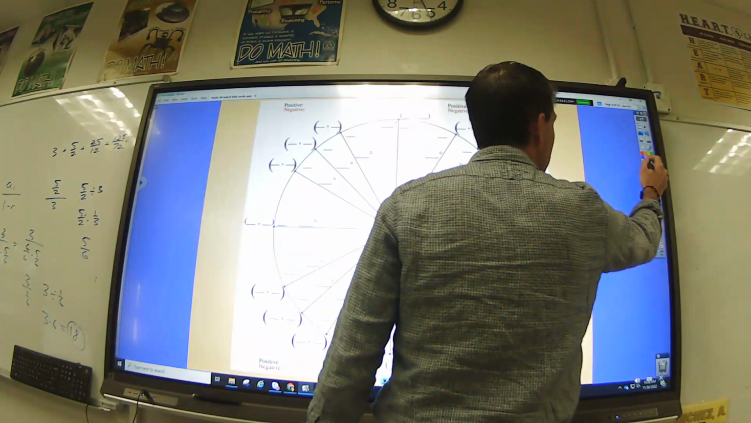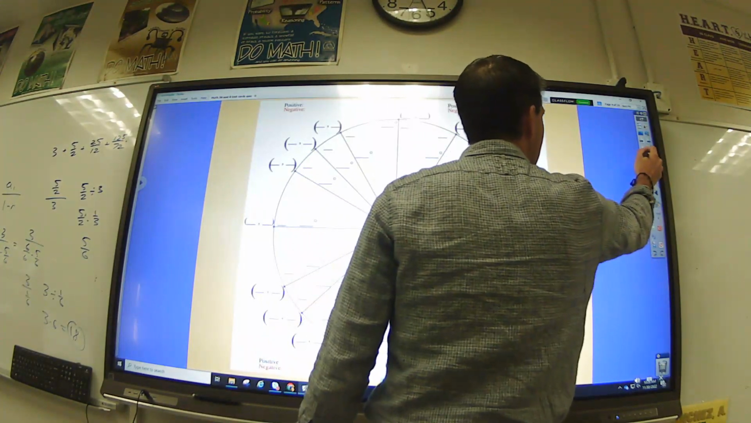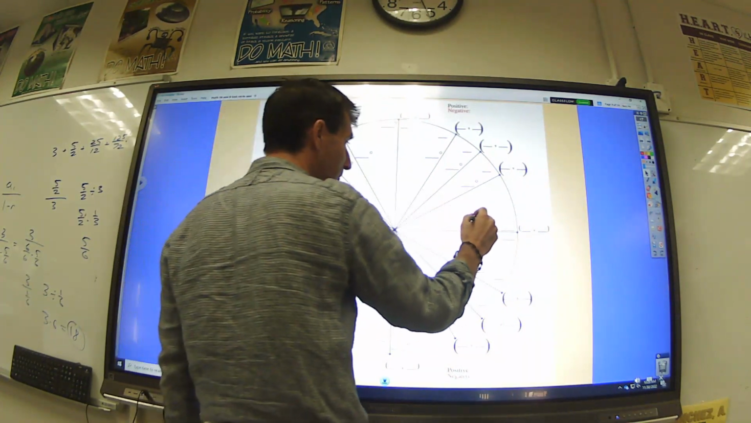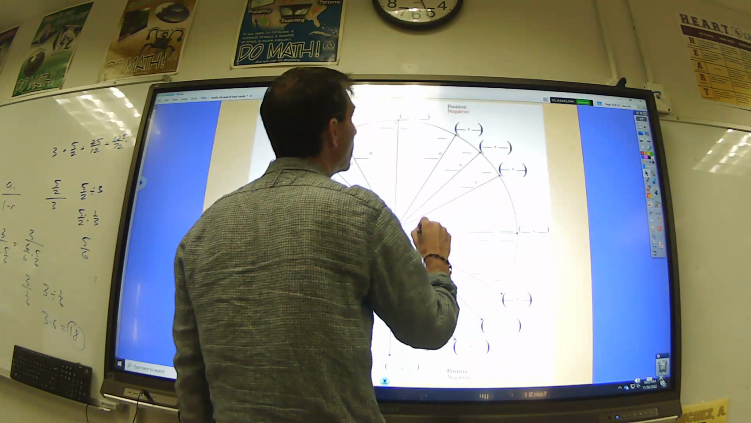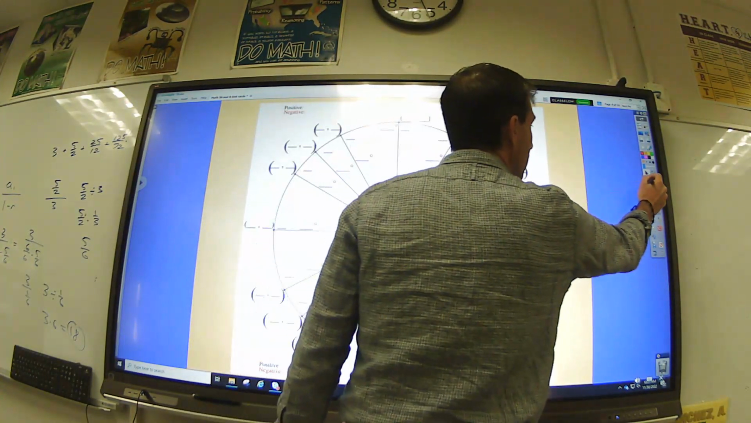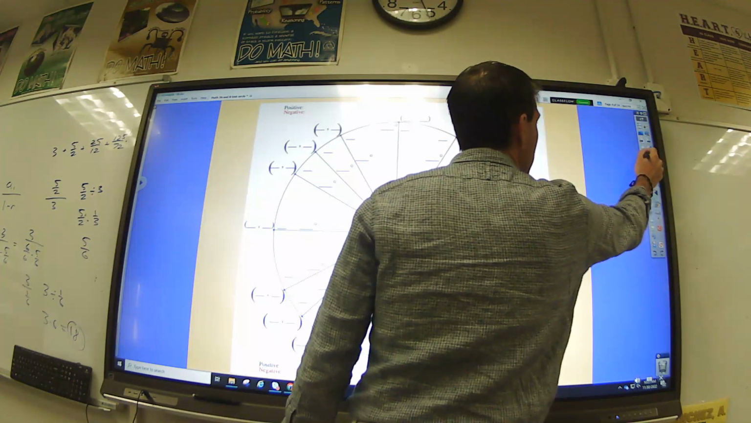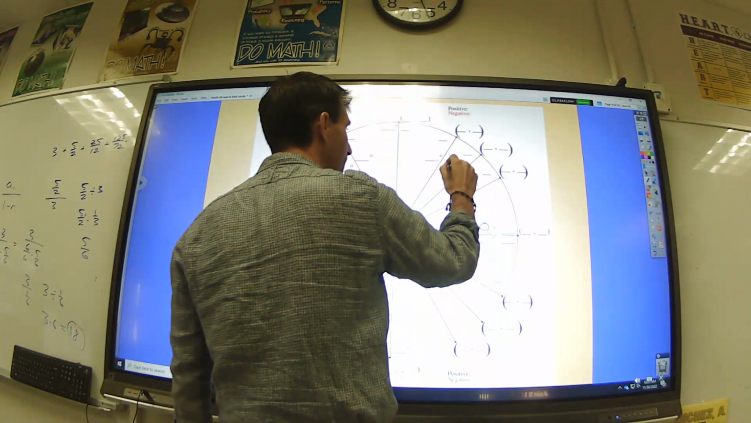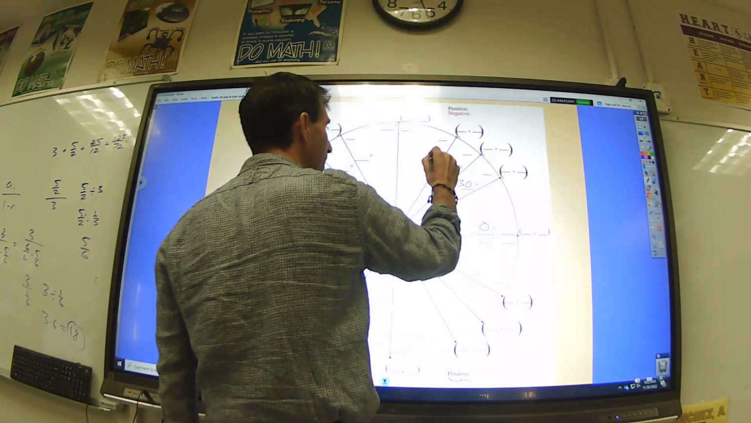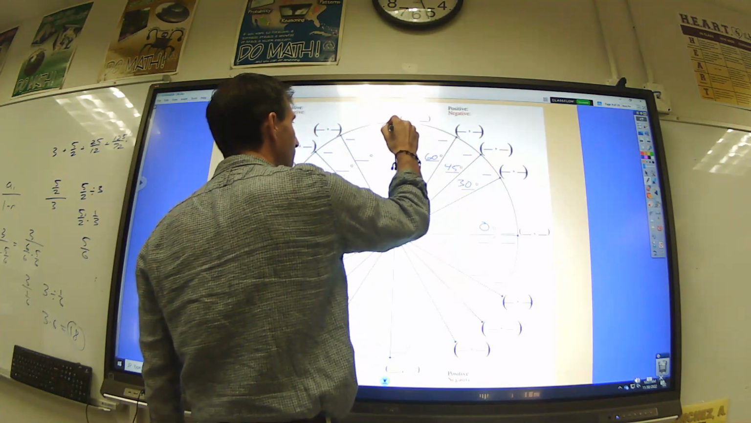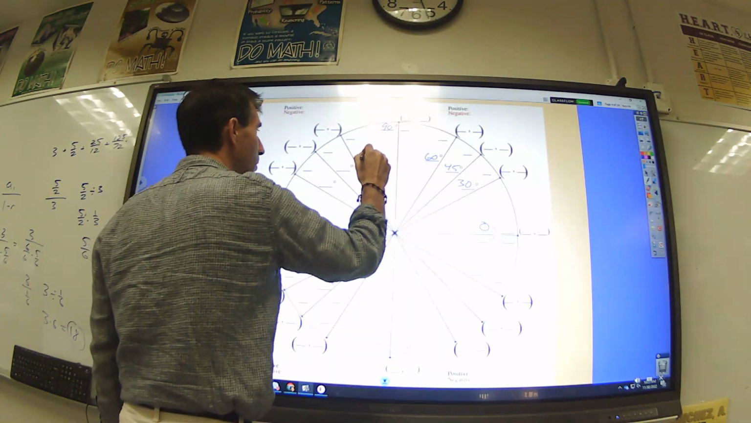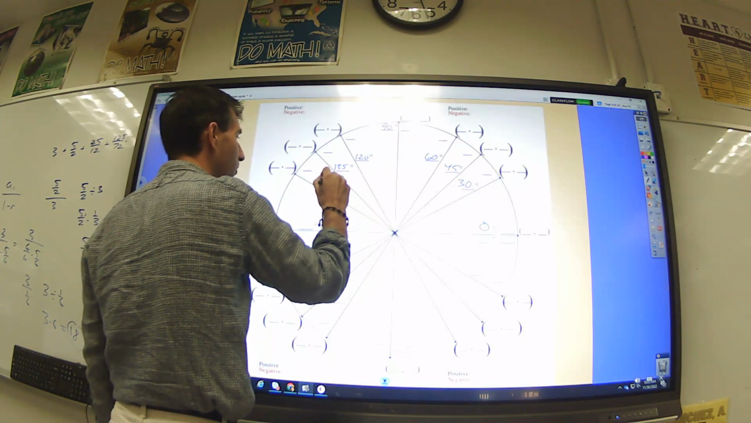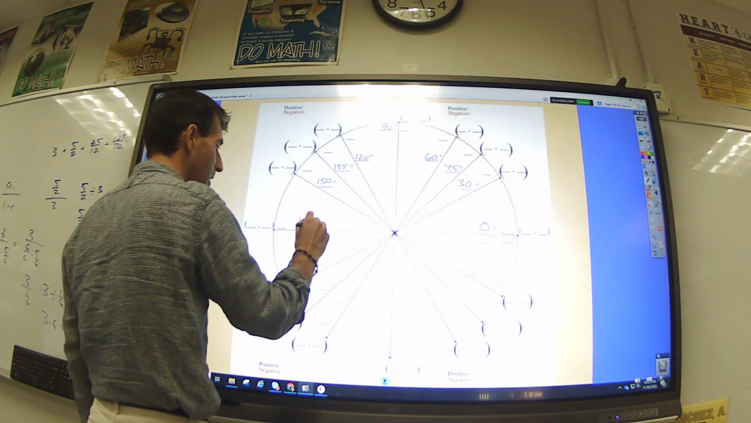I have here the degrees. The big ones, how big is the big one? 30. How big is the little one? 15. So we start at 0. Then I add 30. Then I add 15, which is 45. Then you add 15, which is 60. Then 30, which is 90. Then you add 30, which is 120, 15, 135, 15, 150, 30, 180, 30,